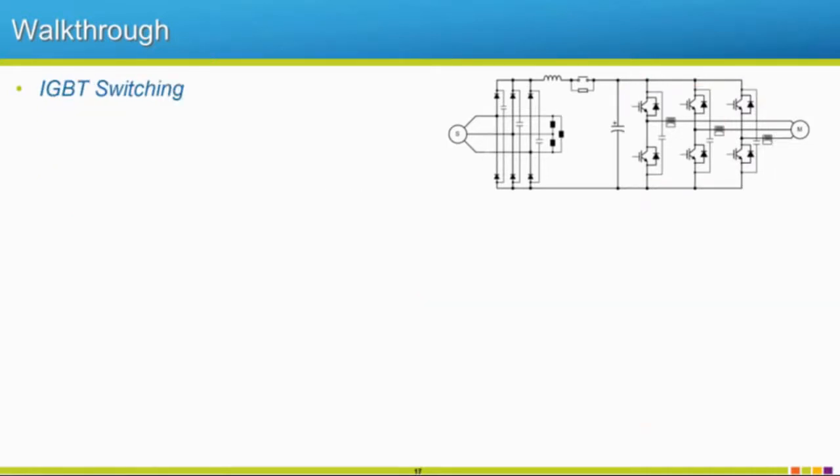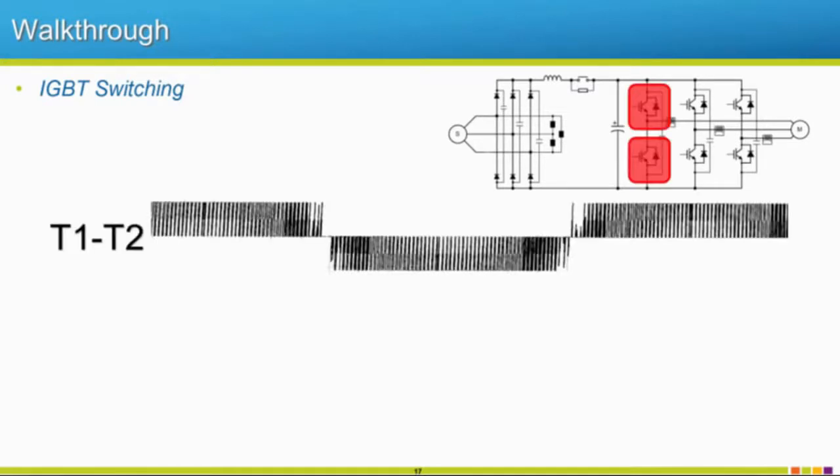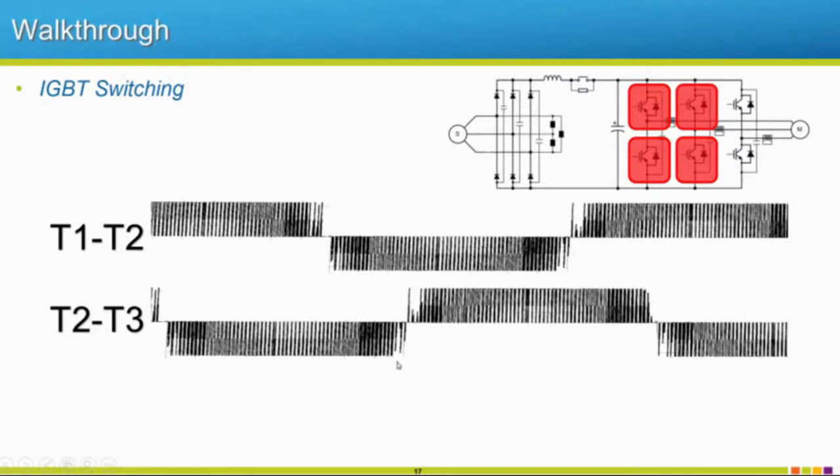So let's talk a little bit about IGBT switching. So when do these fire and things like that? Remember, these are firing very fast. So T1, T2 shown up here is going to be for this first set. So these two. And then whenever we move to the second set, we have our second waveform, and then so